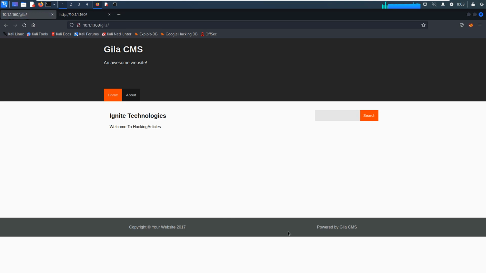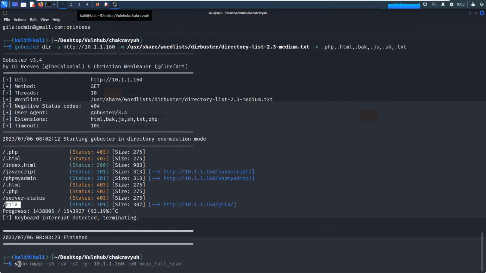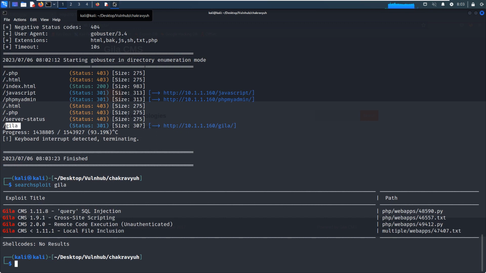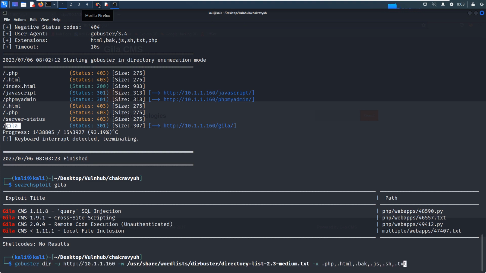And this we can know, this Jilla is some sort of CMS or content management system. But so far we didn't know the exact version information. Also, we can check the source, the vulnerability of the Jilla CMS. But anyway, we do not need to utilize this exploit code. And I think now we have already identified one very important directory, Jilla, and then we can make further